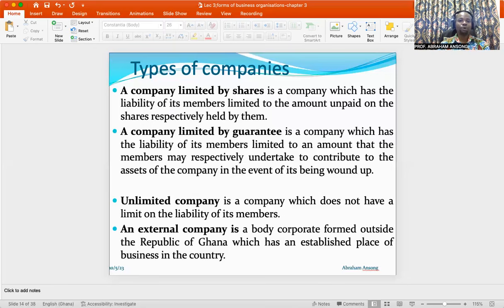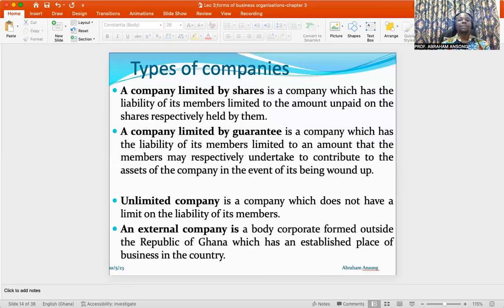If you have paid for all the shares that you currently own, you only lose the amount that you used in buying or acquiring the shares of that particular company. If you own some shares and you've not paid for all of them at the time that the company went into debt or is liable to another creditor, you'll be required to pay for the amount of shares that you own that you've not yet paid for, in terms of the share prices. So basically, that is the extent to which your liability will be limited or restricted.